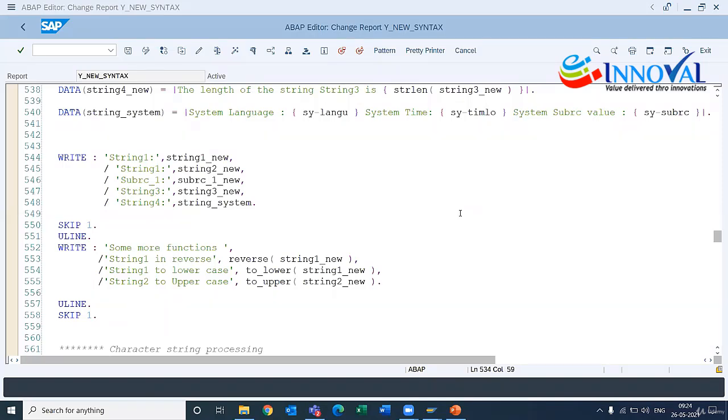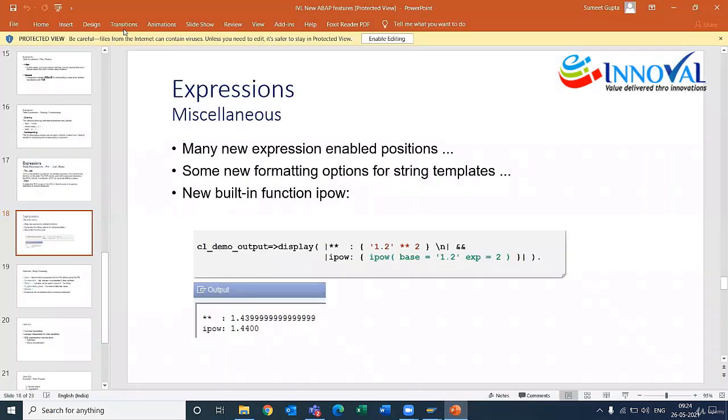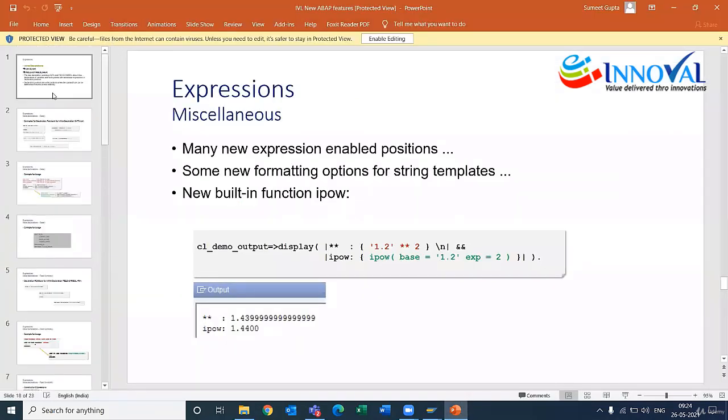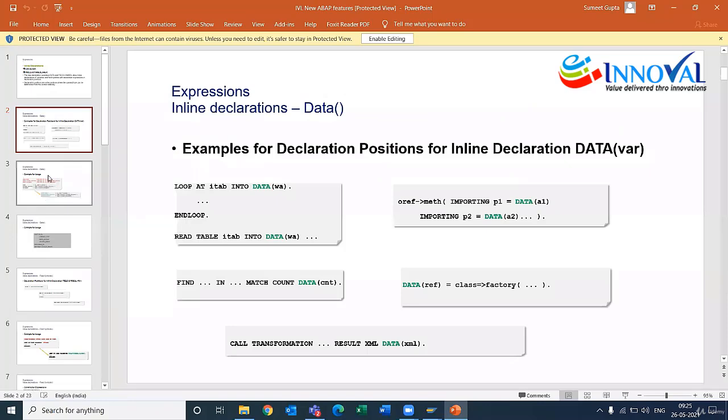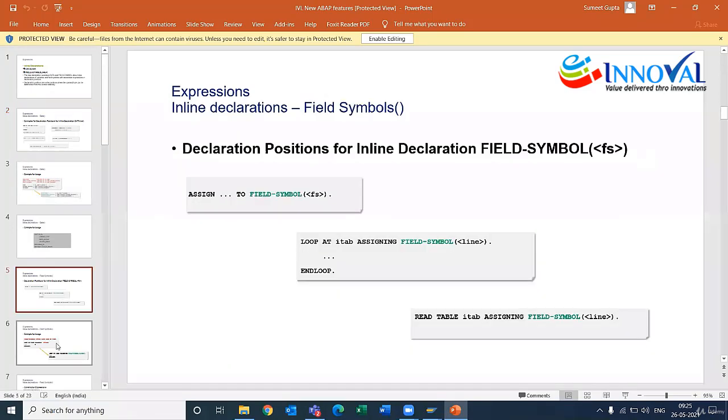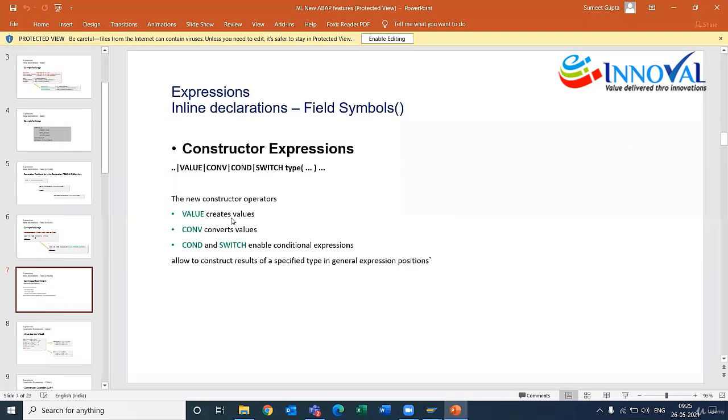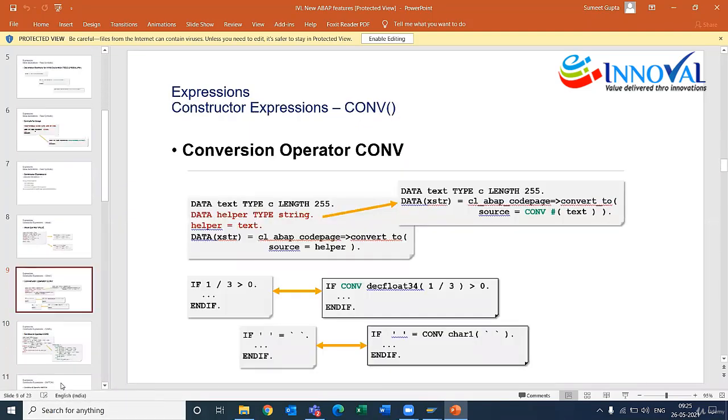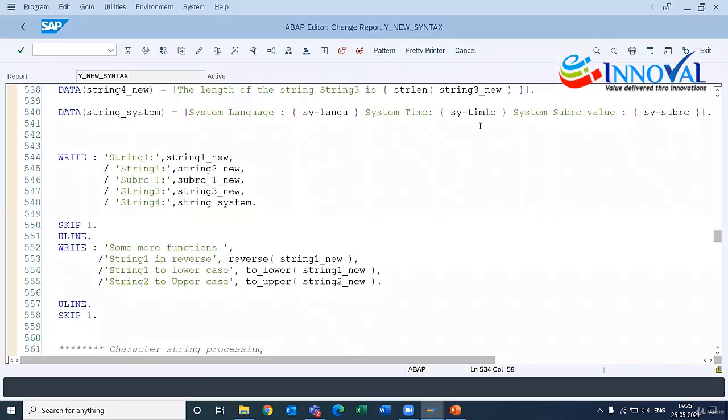Right now you can also check it with the slides. In the slides it's a bit more organized, where I've written based on the order in which it should be used. For example, you should first understand data declaration before you jump to value operators or conversion operators. And then you need to understand constructor operators before you go to reach statements. So in the want of time right now, I'll just stop, and then we'll come